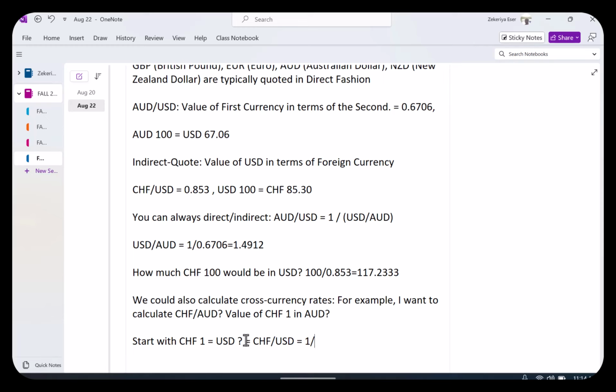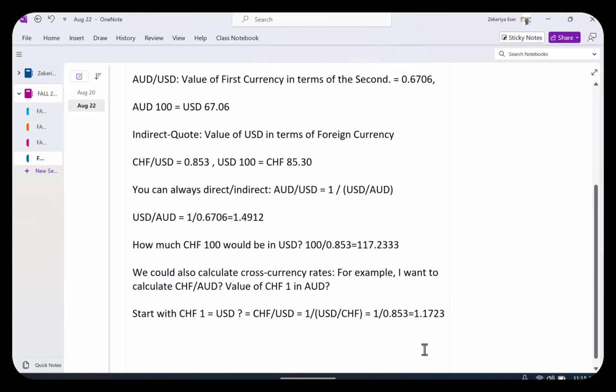And that's equal to 1 over USD/CHF, because that's the number we have. So that's the rate. 1 Swiss franc buys you 1.1723 US dollars. Next, I need to calculate